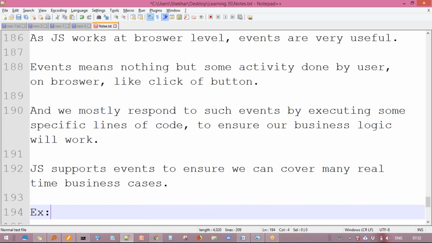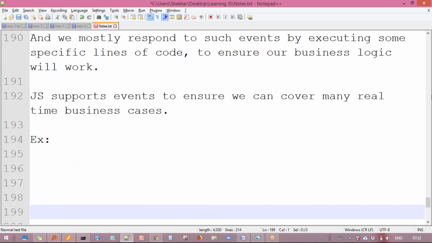Now I will tell you one example of a JavaScript event. Let's say we have a button, and this event is a standard event, something which is already present. Okay, so for example, let's say